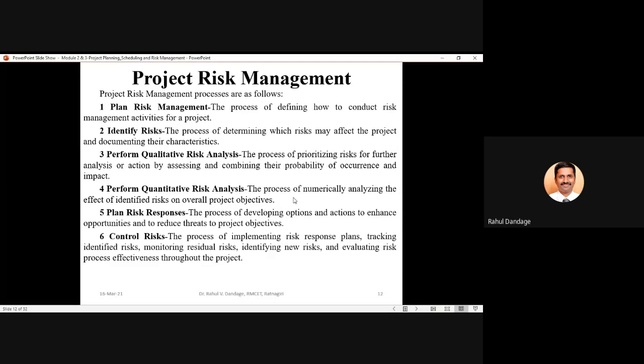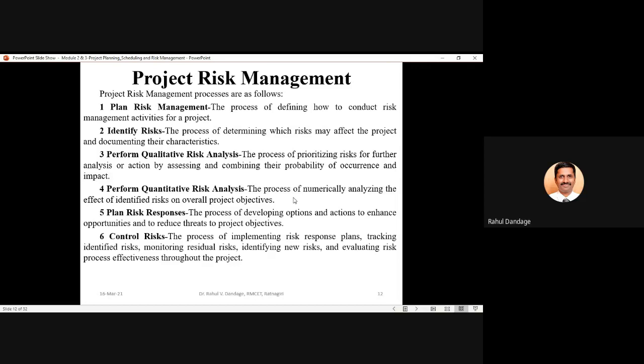Secondly, what we have to do is identify the various possible risks, positive and negative, that are supposed to affect your project or occur in the life cycle of your project. When we are listing down these risks, we should also document their characteristics: how they are going to affect the project objectives, in what domain they will be affecting the project objective, and what type of effect those risks can make on your project. So the description, the characteristics, everything about the risk category which has been identified, we should have documented properly.